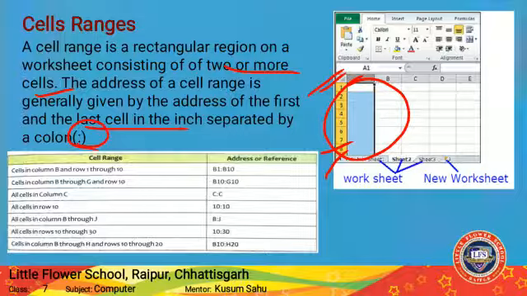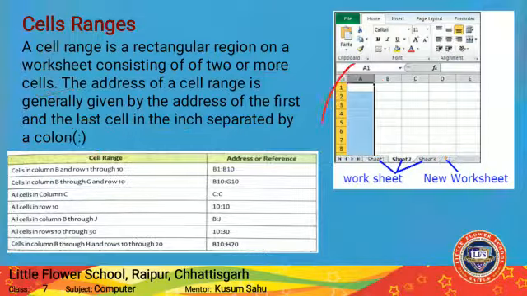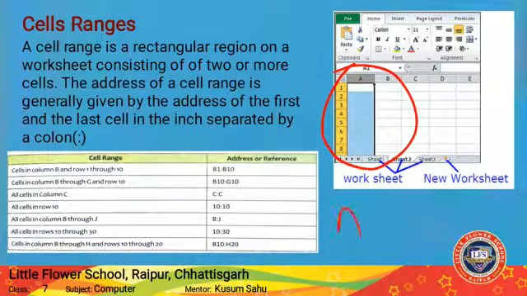Here you can see in the picture, the cell range is A1 and A8, and these will be represented with the help of a colon. Through this we can represent these numbers.